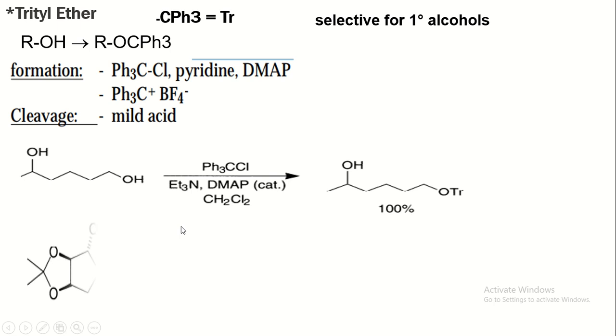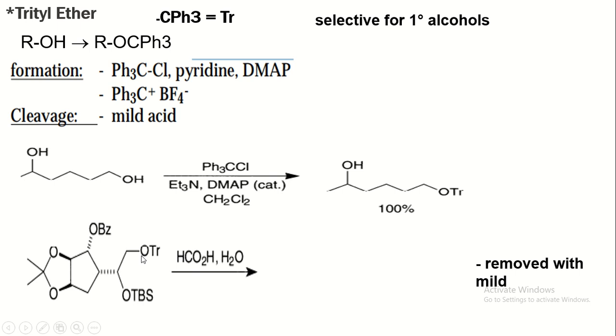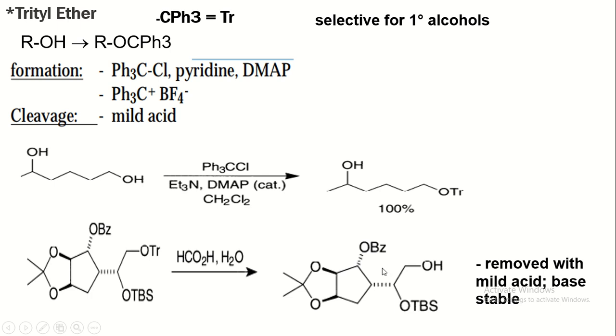Now in this reaction there are three types of OH protected, one by OBz, another by OTr trityl, and the third by OTBS. Then it reacts with a mild acid, that is formic acid. Therefore, in presence of mild acid, only one OH is deprotected, not the other two. Because OTr is easily deprotected in mild acidic condition, it is stable in basic condition. Hence, in the product, two OH are protected and one OH is deprotected.